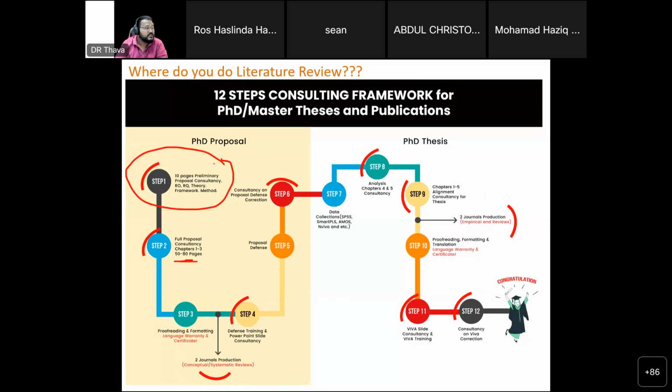So write a 10 page proposal, which includes introduction, background, problem statement, research objectives and questions, significance of study, literature review, theory, conceptual framework, and methodology, about 9 to 10 sections. The conceptual framework can be your solution; it doesn't need to be a conceptual framework. Within 10 pages, get it done, maybe an extra 2 or 3 pages, it doesn't matter.